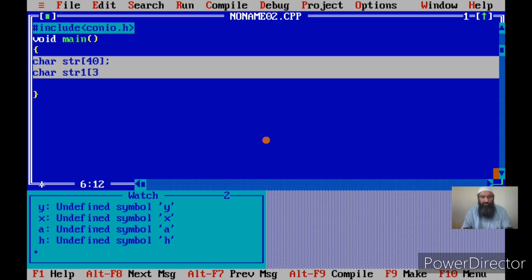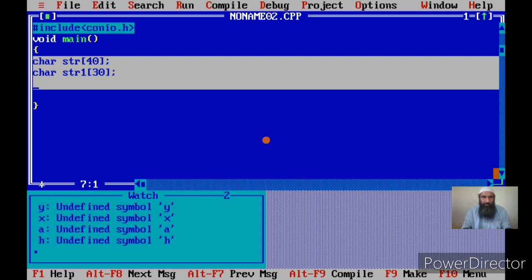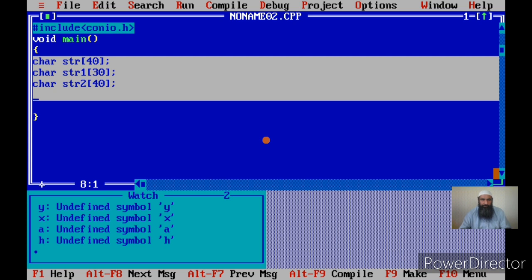Let it be 30 characters. Now another character array, str2 of 40 characters. Then another character array, str3 of 30 characters.